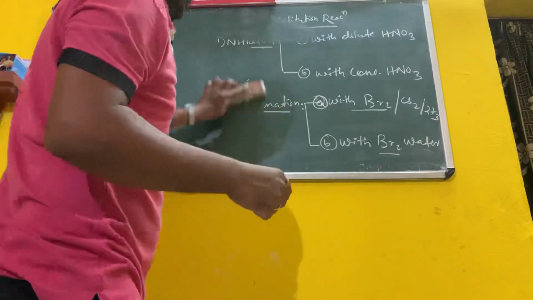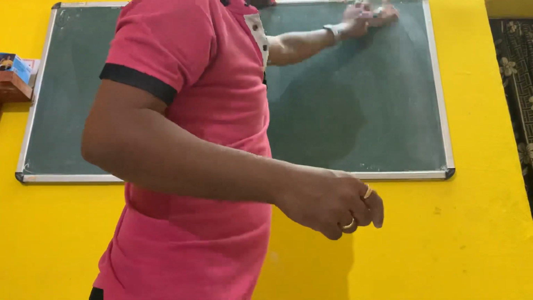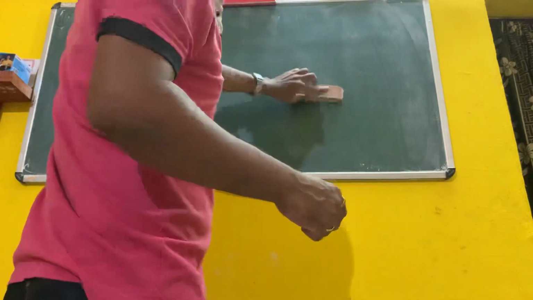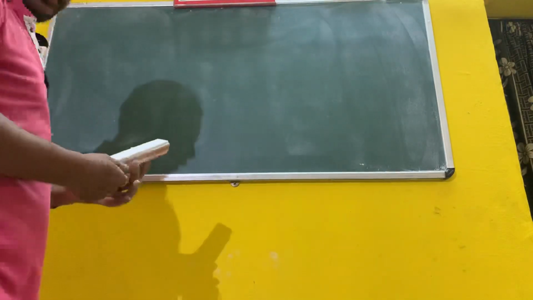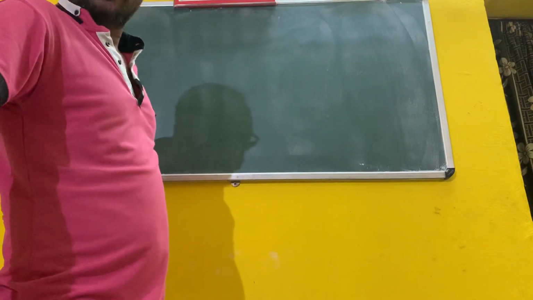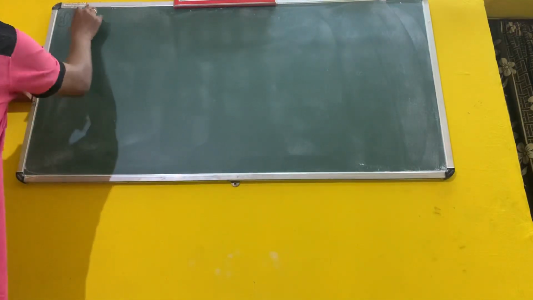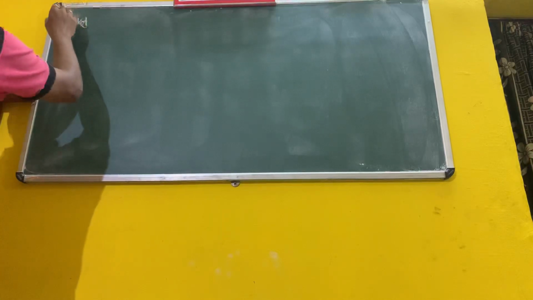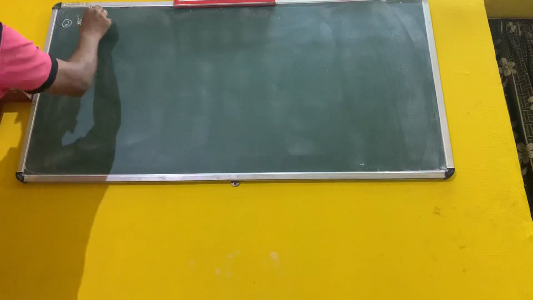So in class 11 also there is a Kolbe electrolysis. That is when sodium acetate solution is passed with electricity, it will form ethane. Okay, so that is Kolbe electrolysis. But here, Kolbe's reaction. What do you mean by Kolbe's reaction? When phenol is treated with sodium hydroxide, again treated with carbon dioxide to form salicylic acid. Kolbe's reaction is an electrophilic substitution reaction.